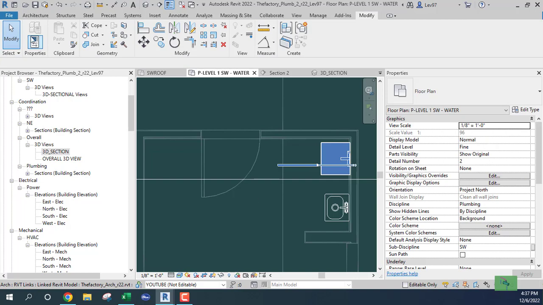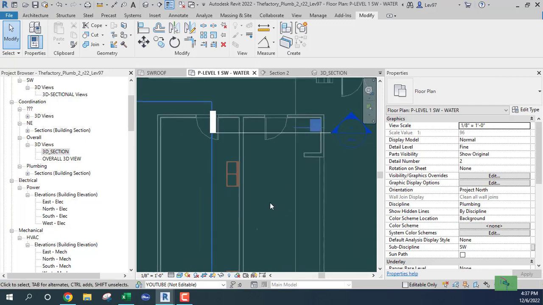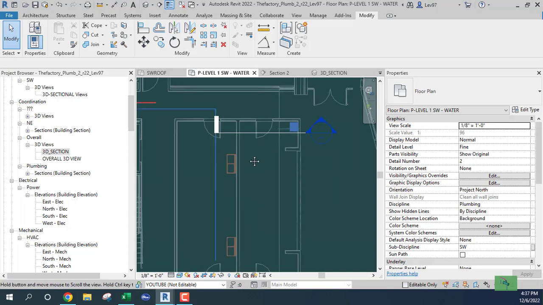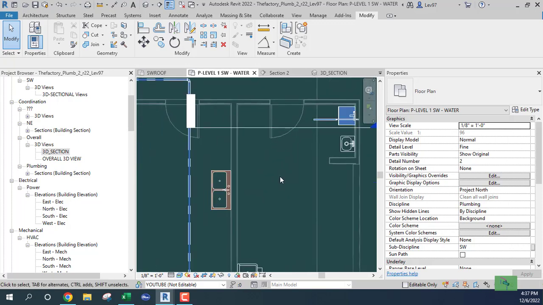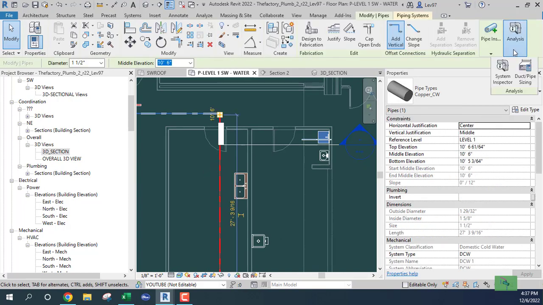Okay, so I think in the next session I'm gonna continue with plumbing the rest of these fixtures, and see how we can use our automatic sizing tool, which is here, analysis. This is our duct pipe sizing. Okay, so,